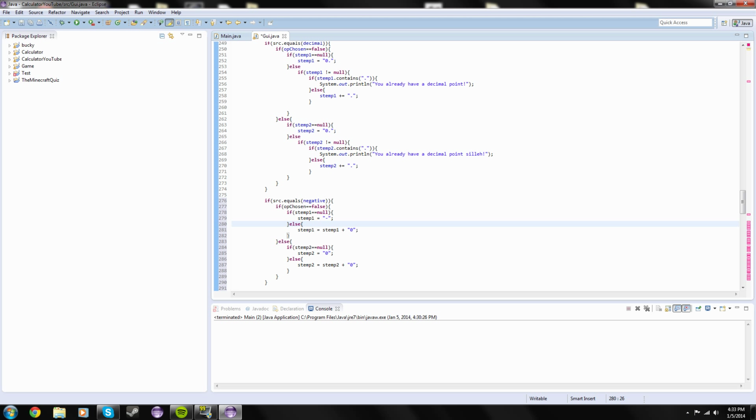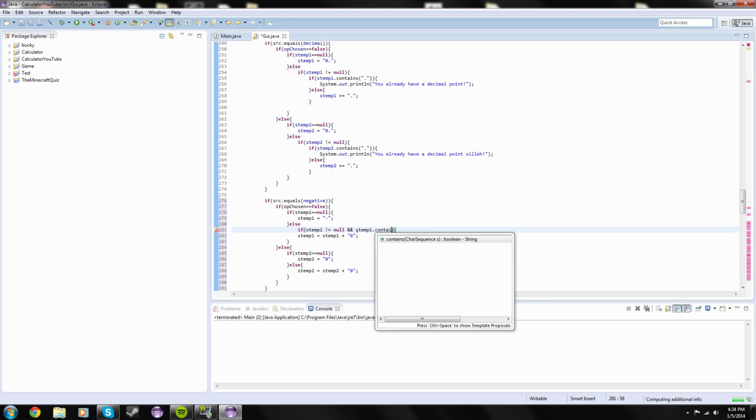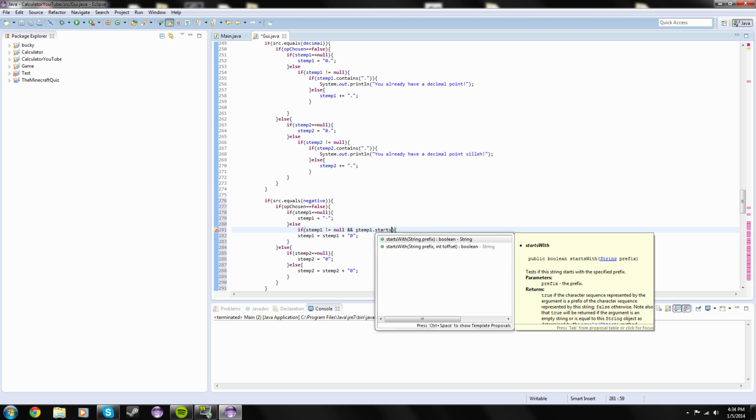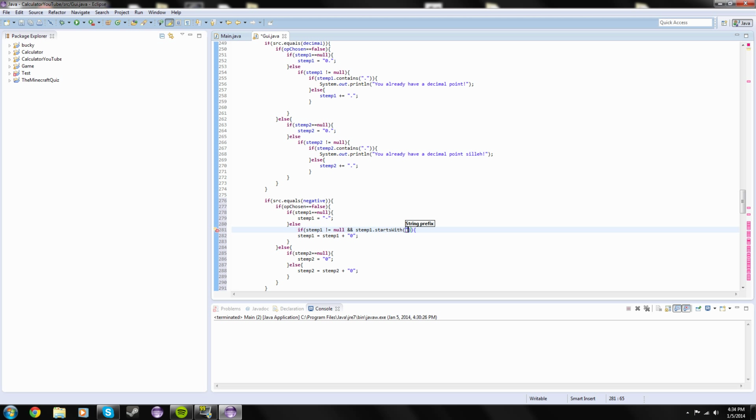Now we just have else if it doesn't equal null and if it starts with a negative,